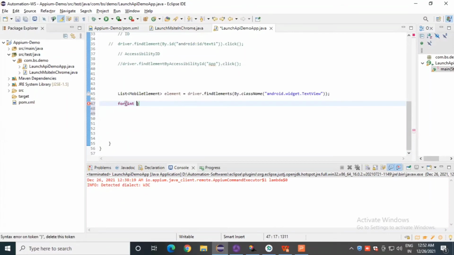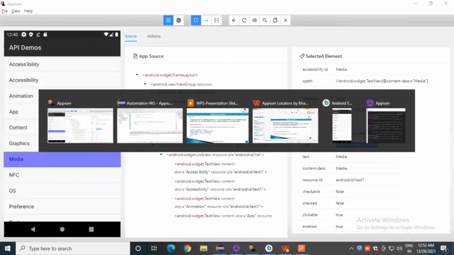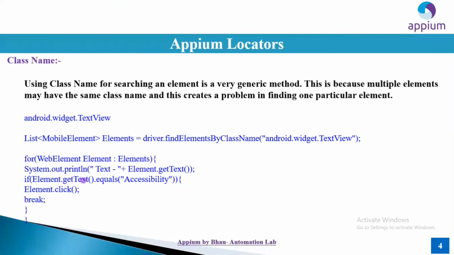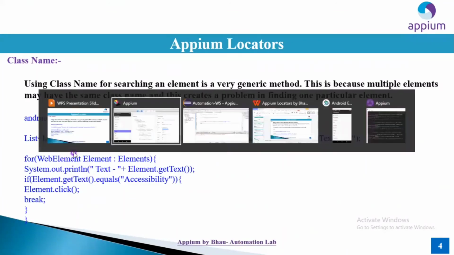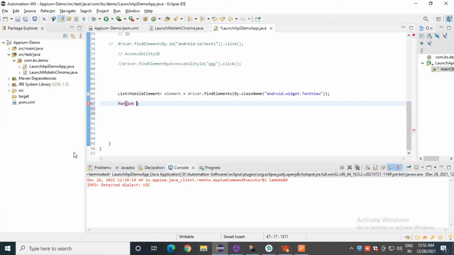Okay, in the theoretical section we have a for each loop also. This is the example. You can try this example also. I'll tell you one different example here. Int i is equal to, I can define as 0. Okay, i is less than this elements. Okay, all these elements, right? So we can define here like element list dot size and i plus plus.